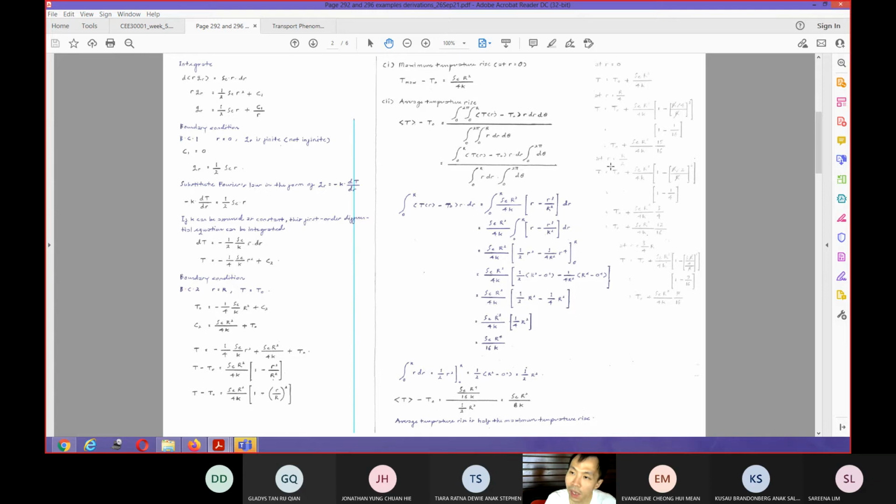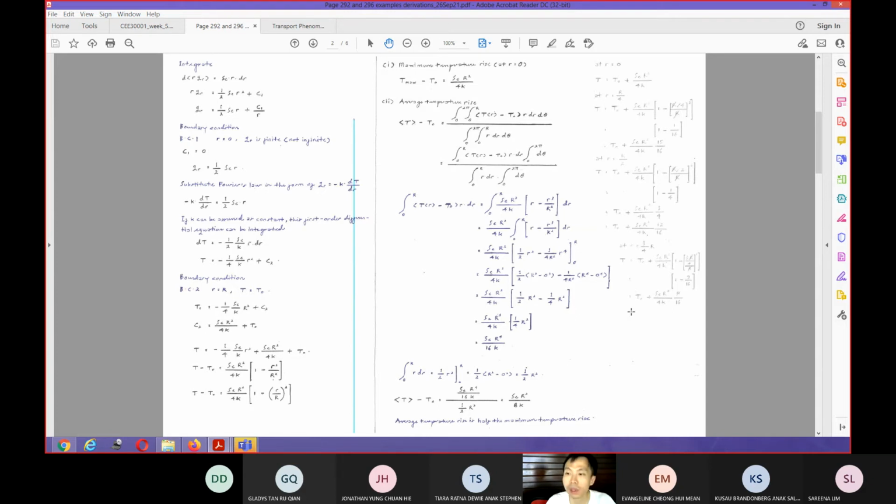Then I continue again. I check that R equal half R. I will get these terms in here, 12 over 16 of this. So this term in here will be lower compared with this term in here, which is lower compared to this term in here, right? And then I can also check at R equal 3/4 of R. That will give me 7 over 16, and this term in here will be lower than this term in here, which is lower than this term in here, which is lower than this term in here, right? Then you can do the same with the R as well.